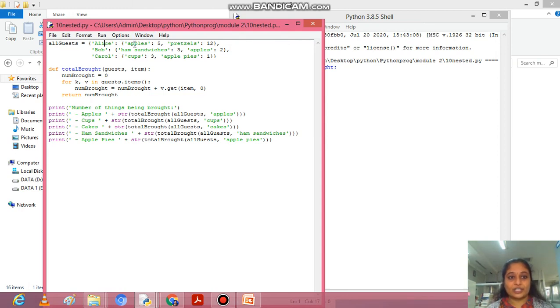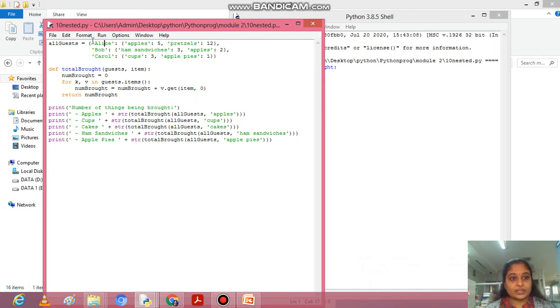Alice is a key which has apples and pretzels as keys with values for those, and even Bob has two items and the values for them. If you want to access this, it has key versus value, and it will be accessed with the help of the key for the value we get.